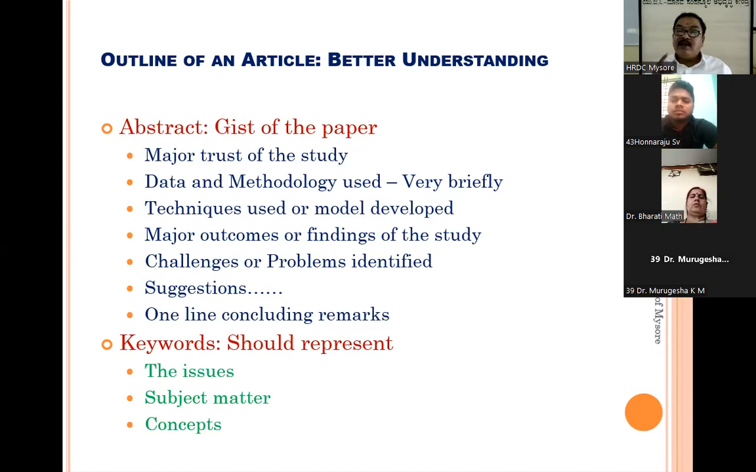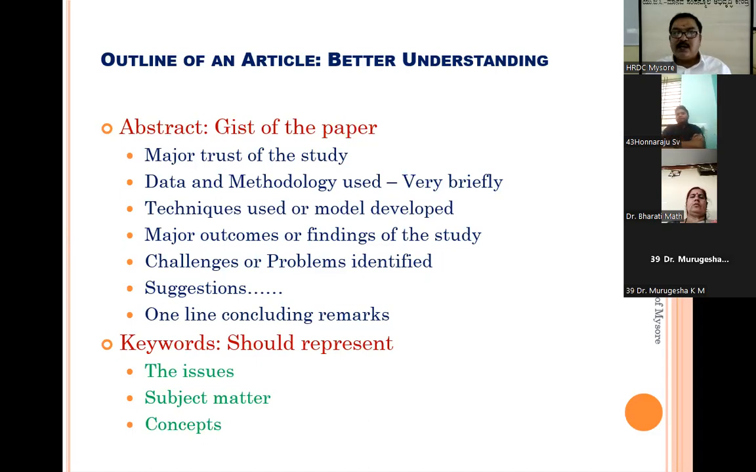Whereas in the research publication, only after the completion of your research article is it possible to write the abstract. Because in the abstract, you write the major thrust of the study area. You discuss the data and methodology, and very briefly, you can talk about the techniques or the models used